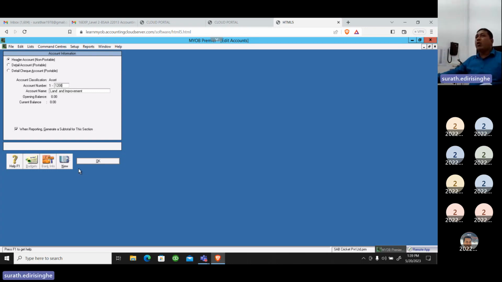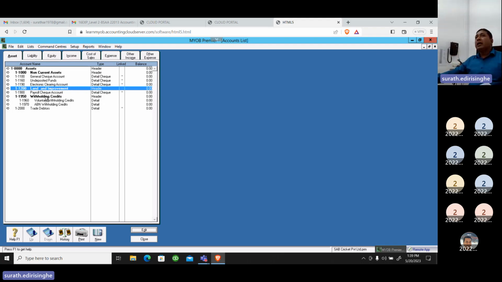Okay. Click OK. Then create on land and improvement. Look at here, header account. You can't post amount to this header account. Now you have three header accounts: assets, non-current assets, and the land and improvements. Normally by the system, header accounts are highlighted. Right, next one. Under the 1,